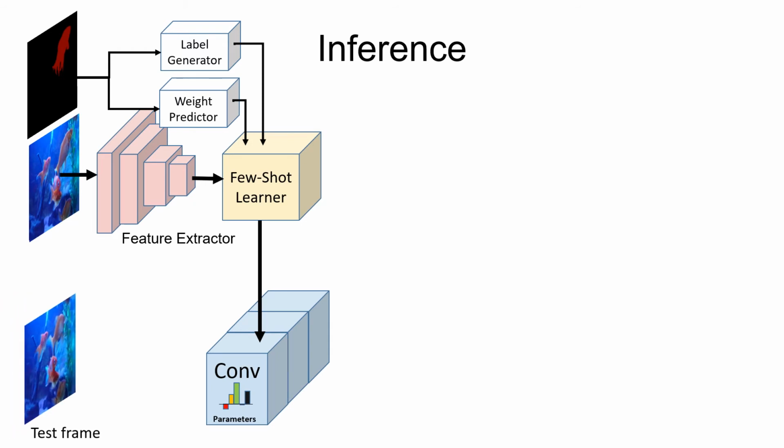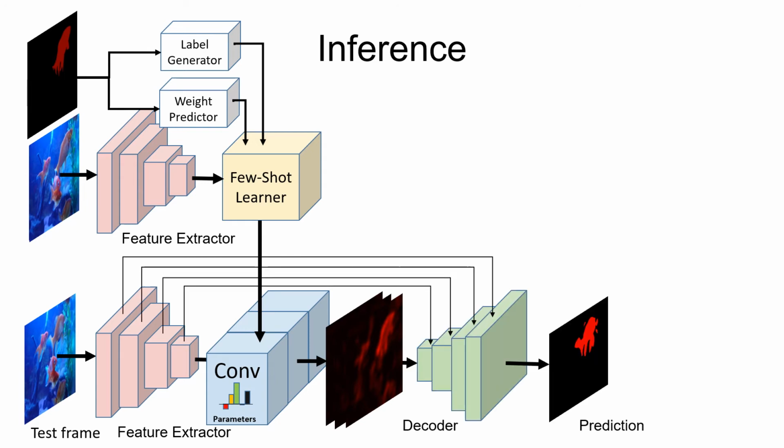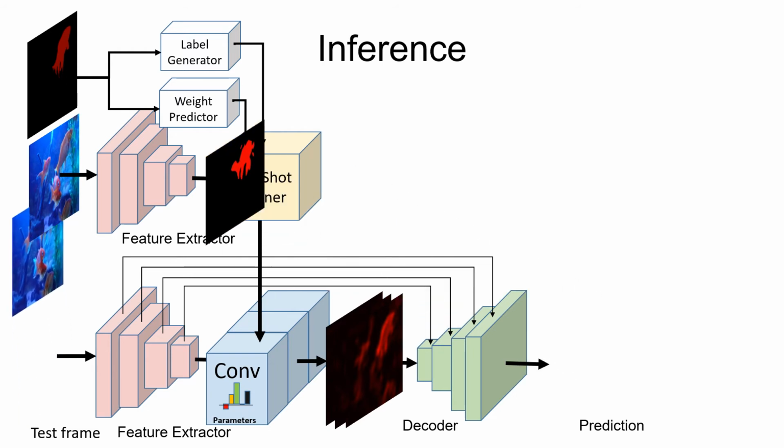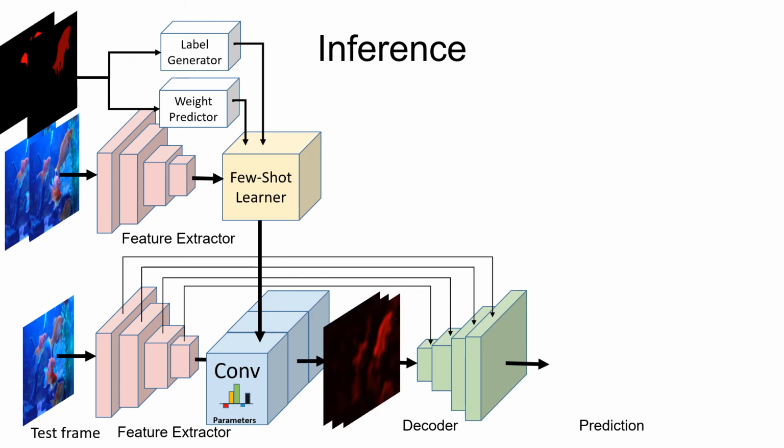On the incoming test frame, the target model predicts the mask encoding, which is utilized by the network to generate the final prediction of the target mask. This predicted mask is then used along with the test frame to create a new sample for the few-shot learner. Before the next incoming frame, the few-shot learner re-optimizes the target model on the extended dataset. The same procedure is repeated for all frames in the video sequence. This constitutes a simple yet effective way of adapting the target model online and make it more robust to changes in target appearance.